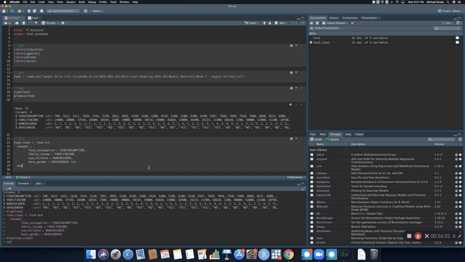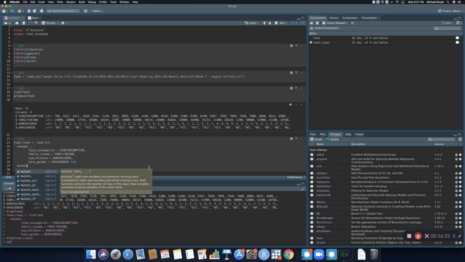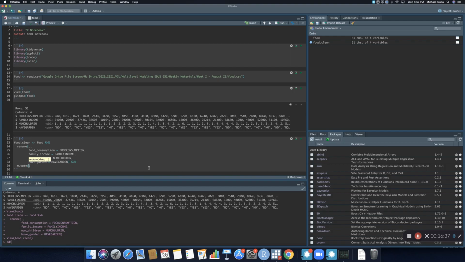So to do that, the command is mutate. Again, I press enter, it pops that in there. My data is still the same, so I can put that period in the comma and jump down. And here I can list all the things that I want to change. So mutate just means create a new variable that is a transformation or a mutation of an existing variable. So I'm going to create a new variable called have_garden_fac, and I'm going to make that equal to